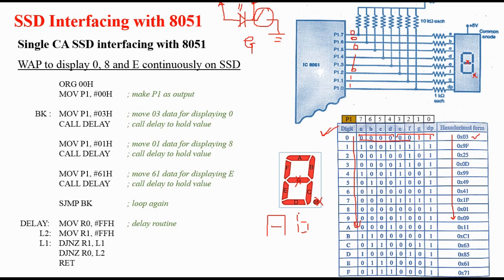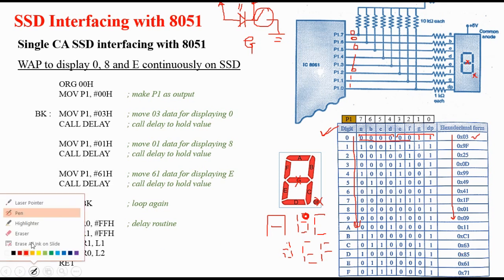Fine. Because if we try to print B like this, then it will become 8. So small b will get printed on the display. Then you can print C also on the display. In the same way D can be printed, small d should be printed, otherwise it will become 0. And E also can be printed, and in the same way F can also get printed. In the same way you will have to take care which LED should remain on and off. On the basis of that you will get binary coding and you just convert it into hexadecimal.